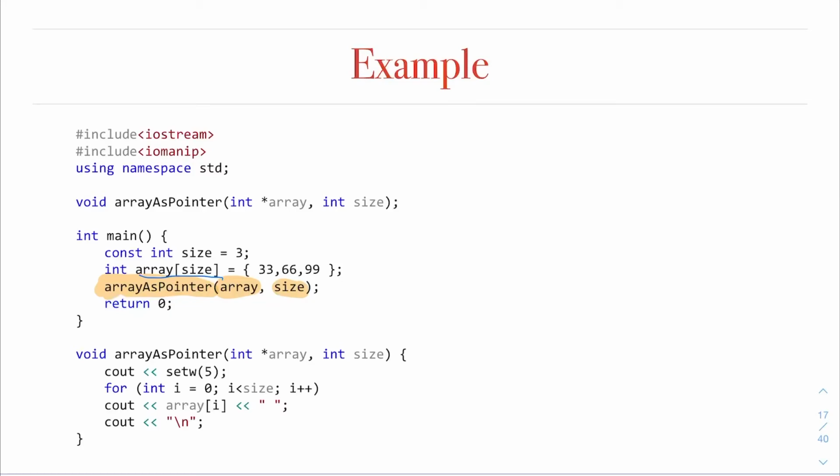That's just fine. Now if I do something interesting, if I do this one, then actually after calling the function, your array will change into 34, 67 and 100. Okay, that's how it works. You just pass the address to your function.